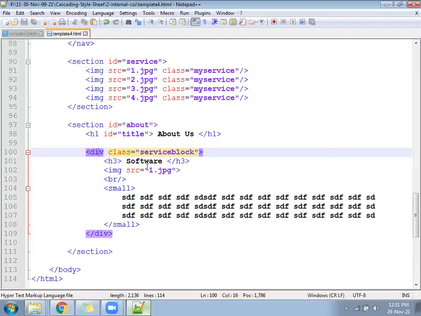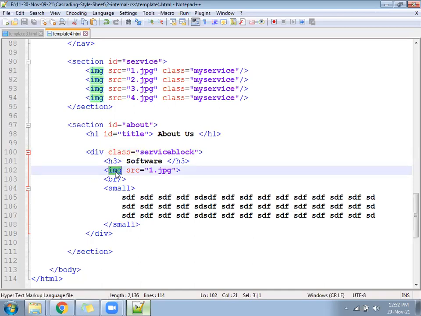So let's come to the CSS part again. Which image? Not all the images, only those images that are under the service block. The service block is a class, so the class will become the parent and img will become the child. How will you write the CSS? You will write dot service block space img.